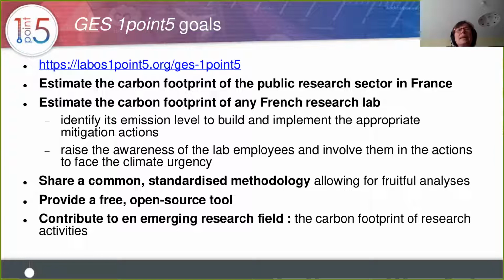And in the end, all the work that we do on the research labs, leading to the carbon footprint of the public research sector in France, will contribute to an emerging research field, which is the carbon footprint of research activities worldwide.